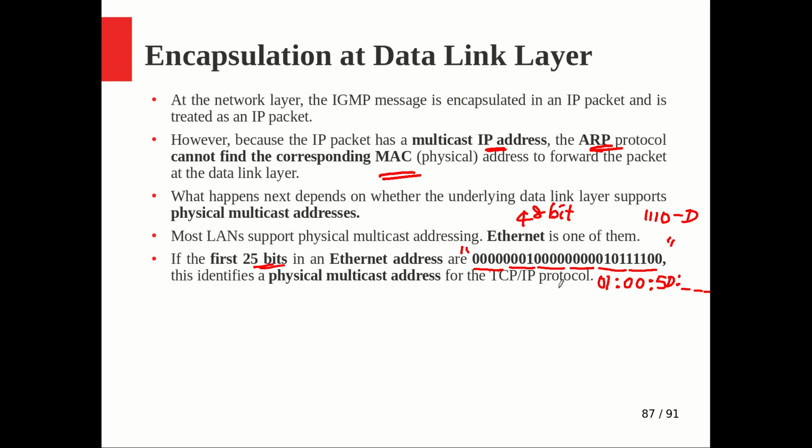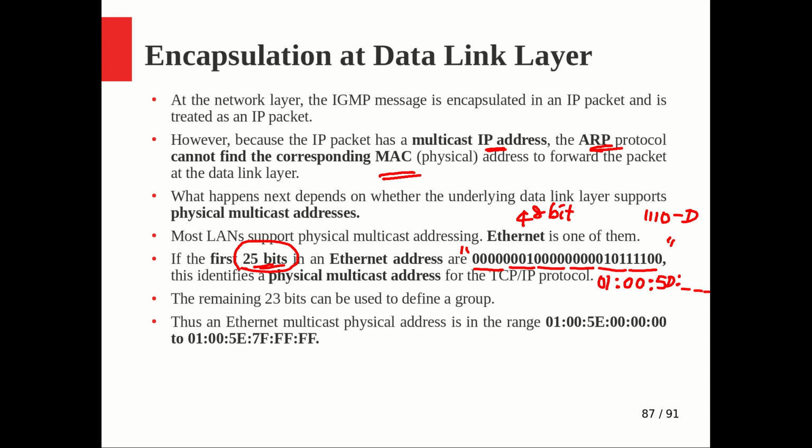By looking at a MAC address, you can see from the first 25 bits, if it is 01005E or its equivalent binary, every machine will understand that this is for multicasting and it is not for unicasting, right? Now what about the remaining 23 bits? Out of the 48 bits, the first 25 bits are fixed just for the unique identification that it is a multicast address. The remaining 23 bits are taken from the IP address, and they can be used to define a group. That could be randomly fixed, but let us see what Ethernet is doing.